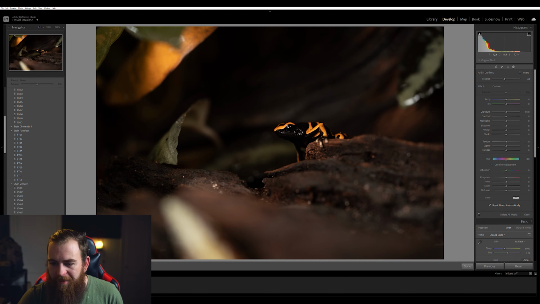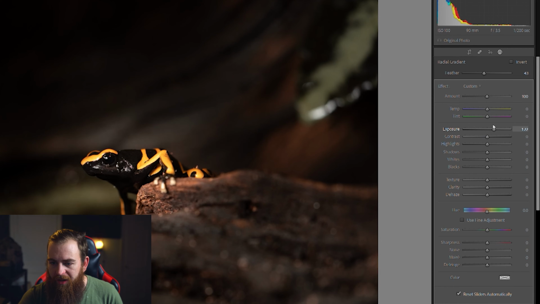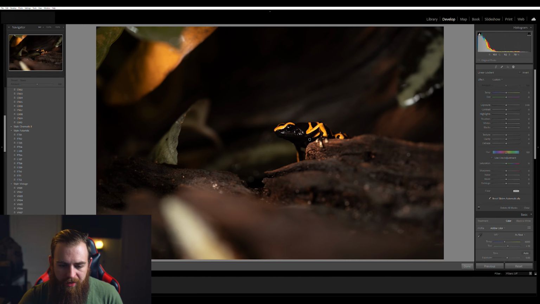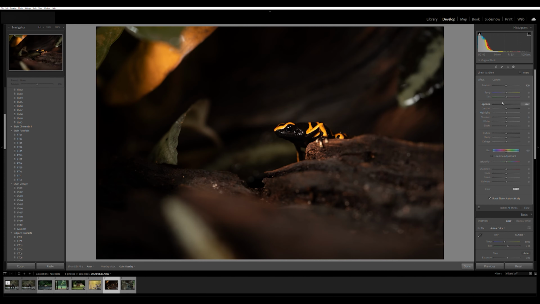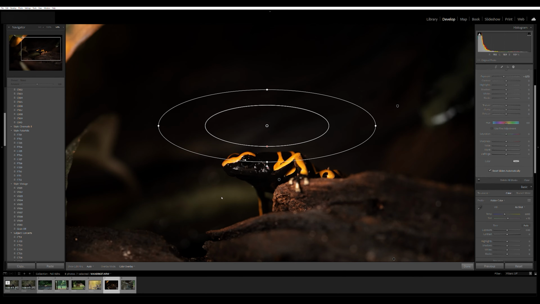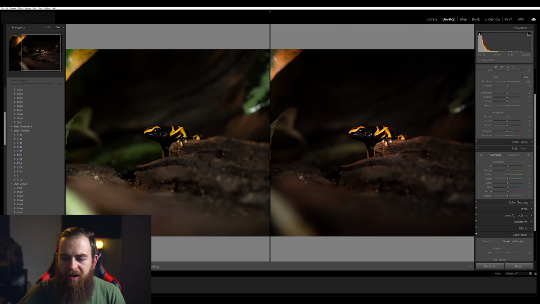So if I were to add a mask here, let's say radial gradient, get him stand out a little bit. Anytime you bump exposure, you want to also bump your contrast there. And then I like to do linear gradients. And now it really gives that spotlight effect to where he just looks like he is standing out, like there's